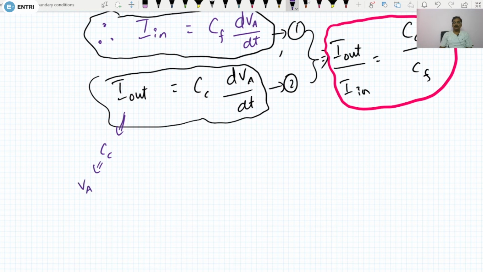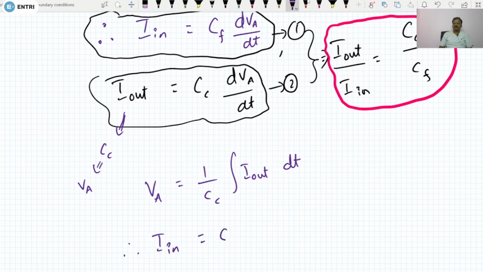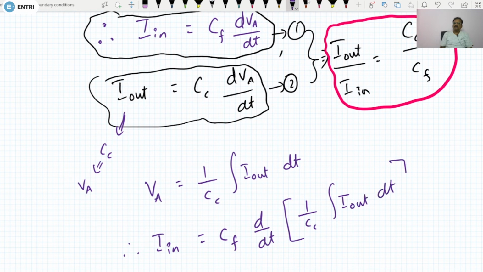Is nothing but Va. So I can write Va is equivalent to 1 by Cc into integral I out dt. In this manner also I can represent. Understood? So therefore I can represent In is equivalent to Cf into dVA by dt. That is d by dt, and Va is nothing but 1 by Cc into integral I out dt. So here we are doing integration with respect to time,